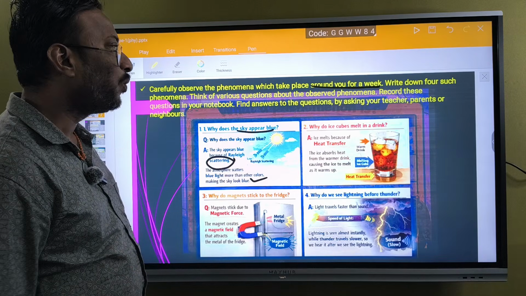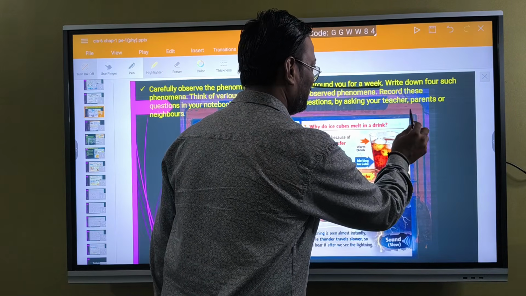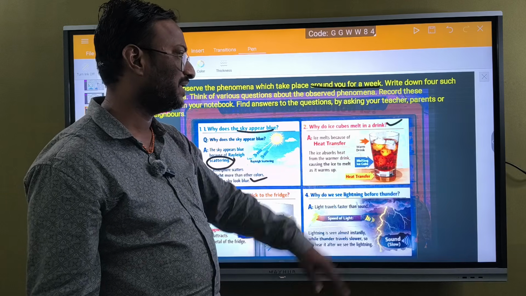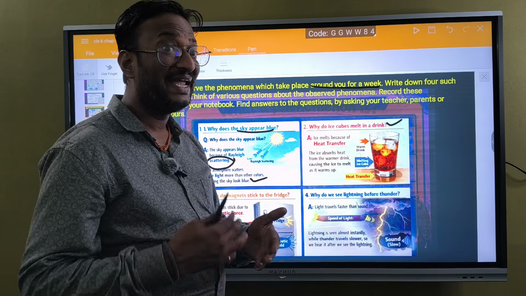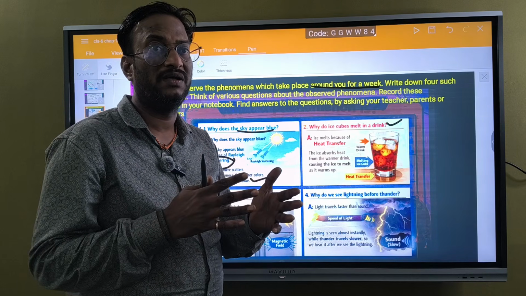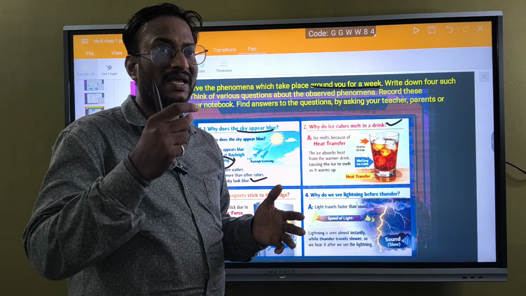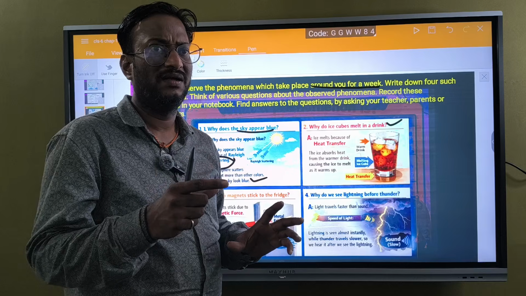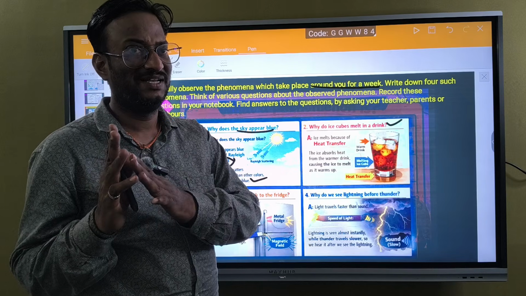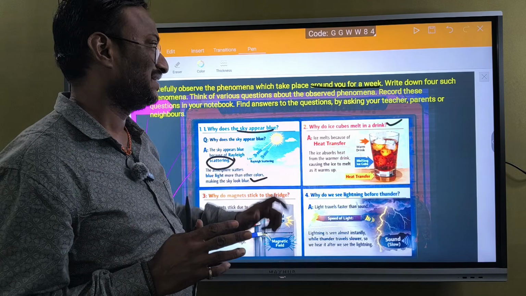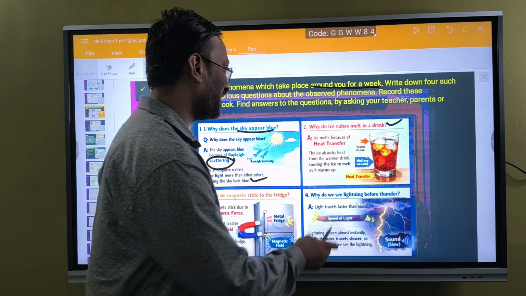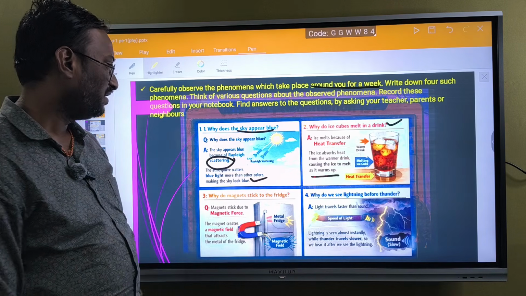So next, second question. Why do ice cubes melt in a drink? If you place ice in a drink, whatever liquid it may be, a warm drink, the ice melts because heat transfer takes place. Remember children, heat always flows from hot body to cold body. The ice will be very cool, and if you drop the ice in water or any hot drink, the drink is hot, so heat will flow from the hot drink to the ice, so that it melts. The ice absorbs the heat from the warm drink, causing the ice to melt as it warms up. Okay.